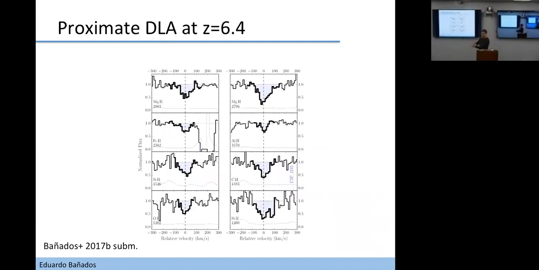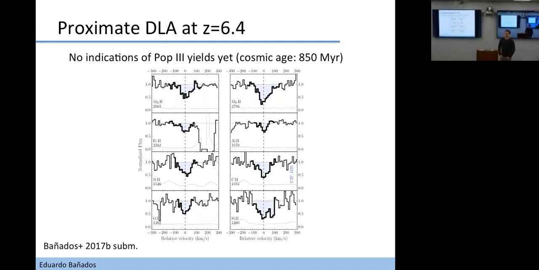We just have a galaxy in absorption, a low mass galaxy in front of the quasar, which might sound disappointing, but I think it's really exciting because we're seeing now a very low mass galaxy 800 million years after the Big Bang, where we can, for the first time, measure a metallicity and also relative abundances and see if we see a signature of Population III stars, right? So I tried to do that, but I didn't find any strong indication that we're seeing Population III yields 850 million years after the Big Bang,